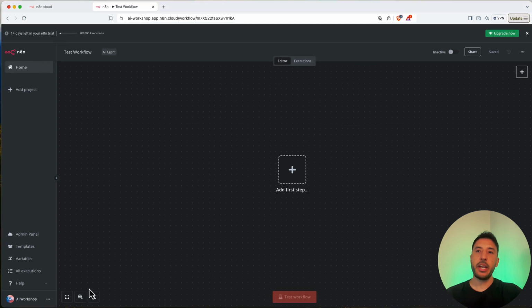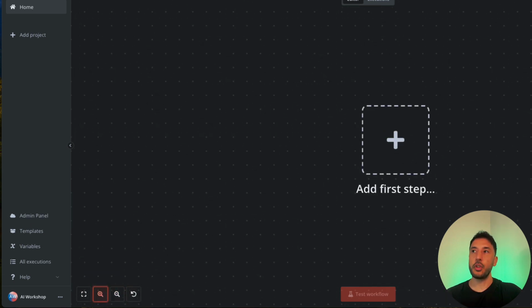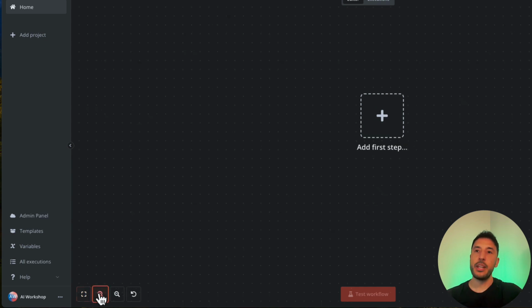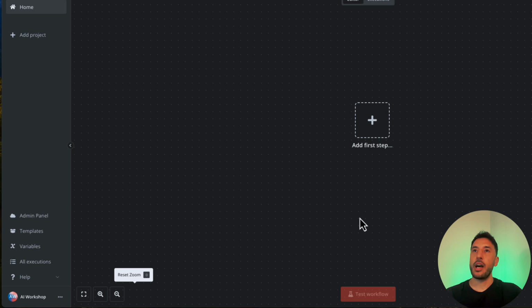All right, and then on the bottom right here, the zoom to fit. Whenever you're zooming in or zooming out, if you have, for example, multiple connecting nodes or multiple connecting workflows that you've built, and you want to go back and zoom out and see everything together, you can quickly come in here and click on zoom to fit, and it will center everything, and it will show all of the nodes or all of the different connecting apps that are inside that workflow. You can obviously always zoom in and zoom out, and then with this one you can go back and reset the zoom as well. The test workflow button, so this is where once you build the workflow, you can actually test it using this button, and again we'll go through and actually take a look at how that function works.